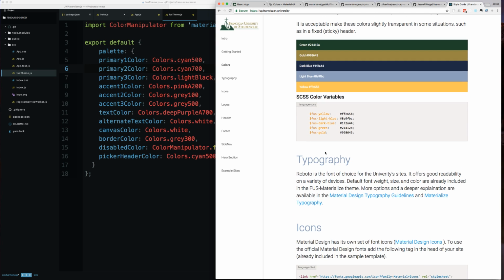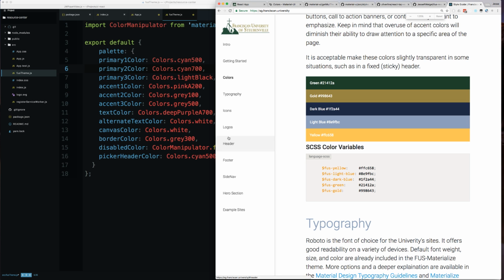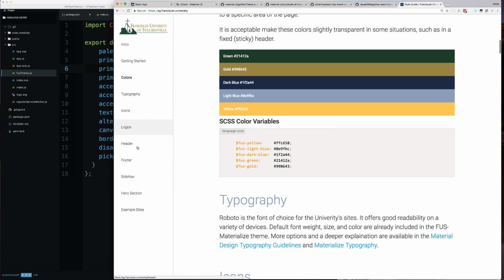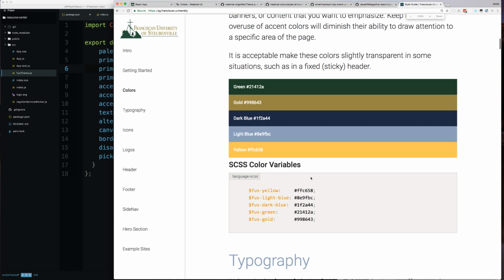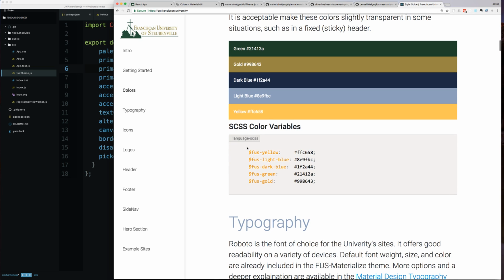So this is all done with the Materialize framework, but basically you can see what I was trying to do was build out a custom version of the Materialize theme with all the colors that we use at the university. So for now, I really need this dark green,